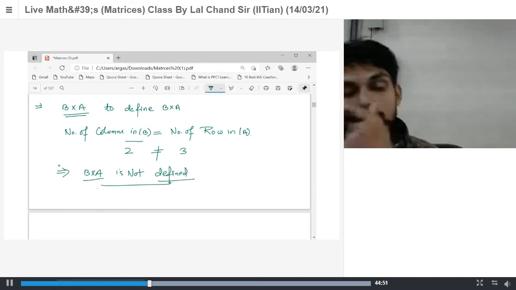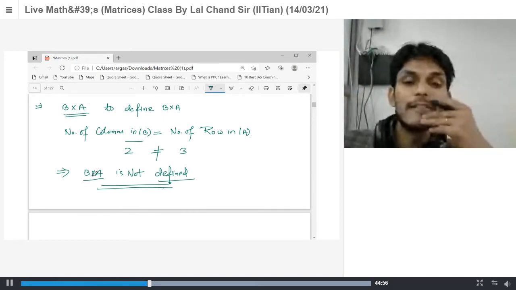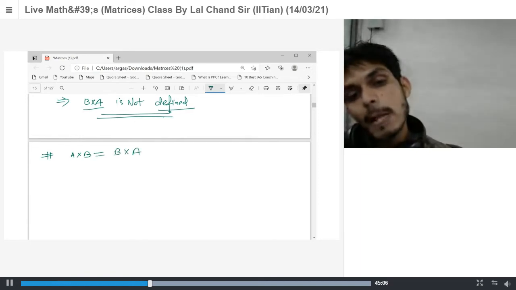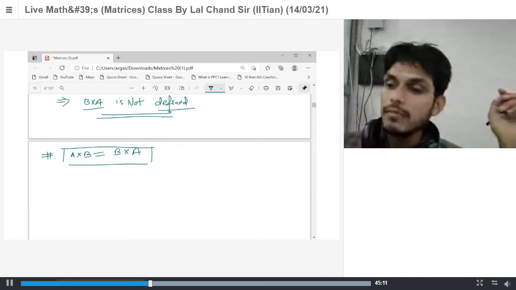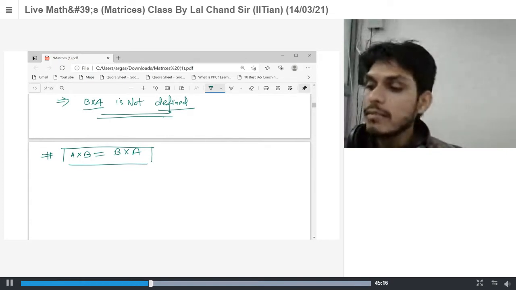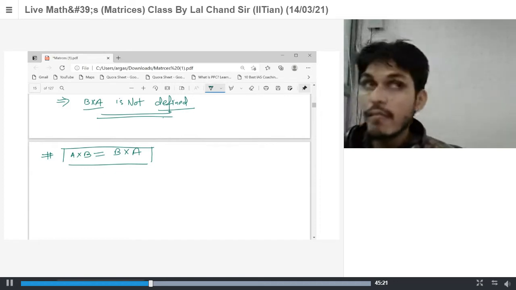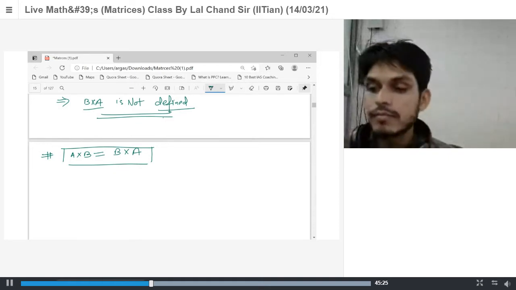Okay, so this is possible when A cross B is defined, B cross A is not defined. So we can also conclude from this particular part, A cross B is not equal to B cross A. Okay. So this is clear to you about matrix multiplication. Okay, so now